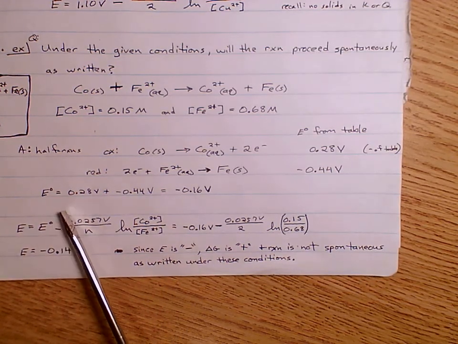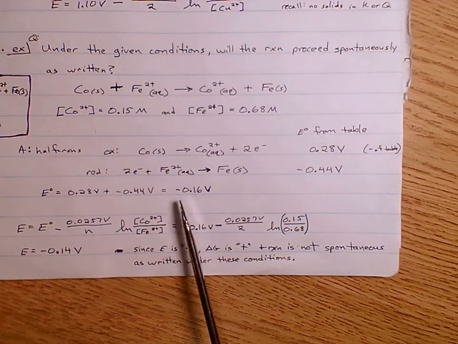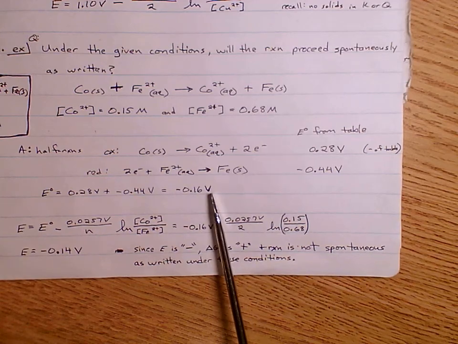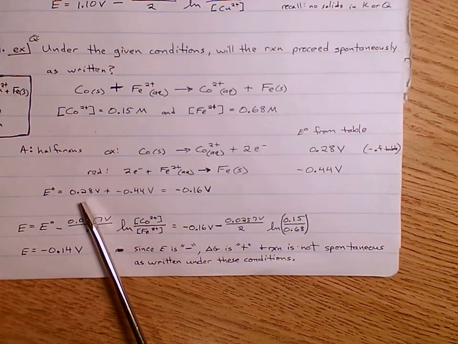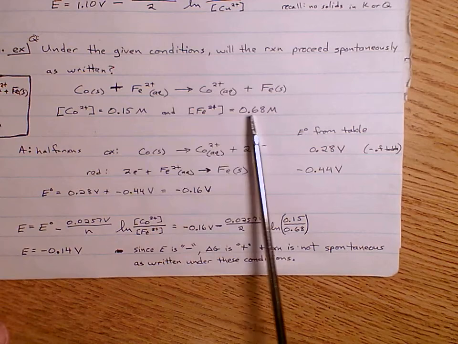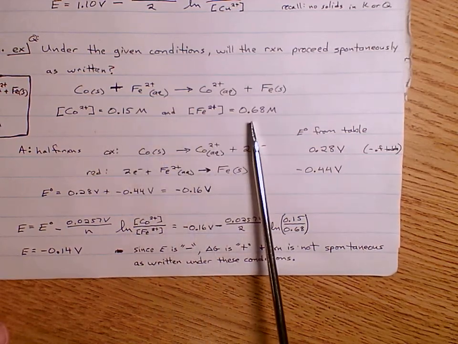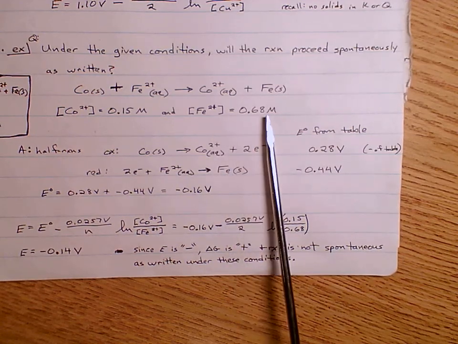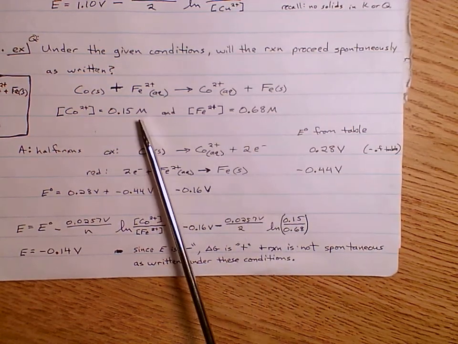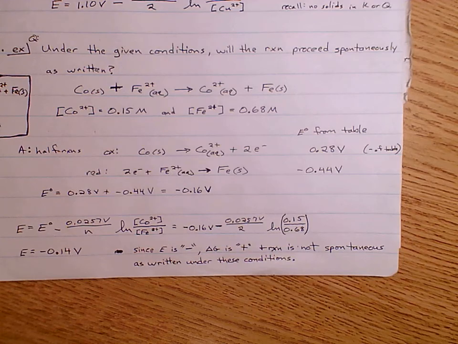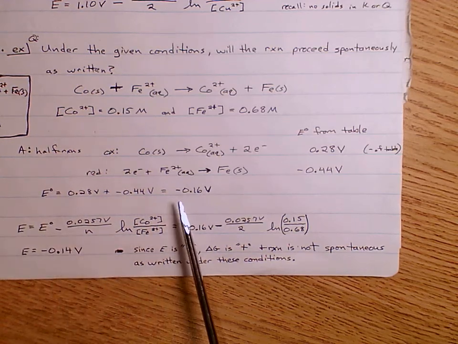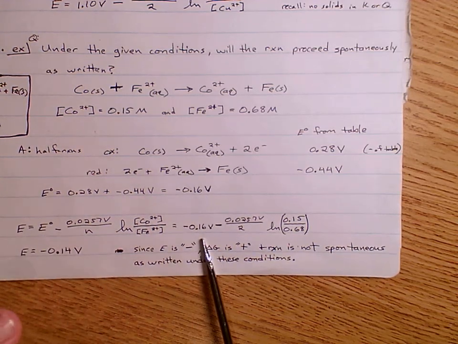Meaning, in general, under standard conditions, a negative voltage means this reaction lies to the left. We have more reactant, more Fe2 plus. Well, okay, but we know that already. So from this position, will it go to the right, though? To do that, we need to say our potential currently is going to equal our standard potential, negative 0.16 volts,